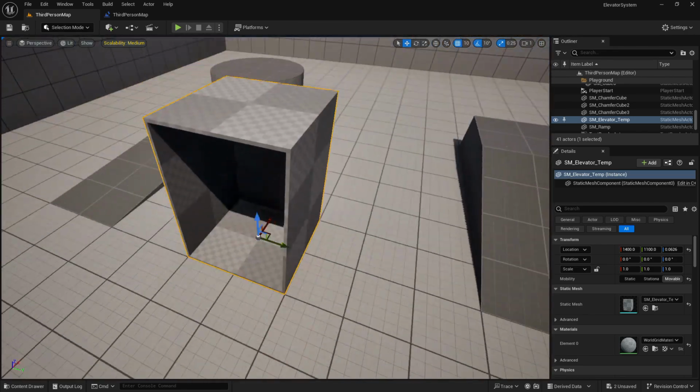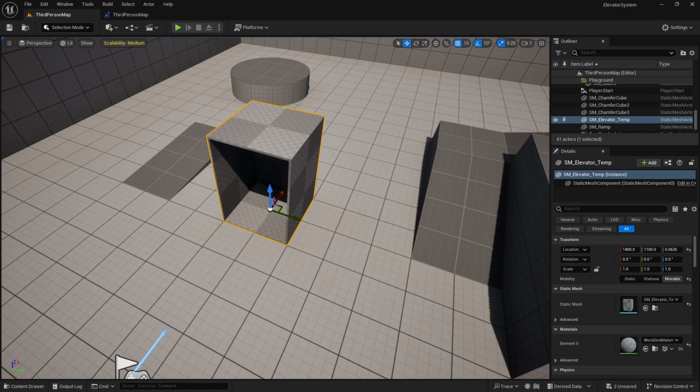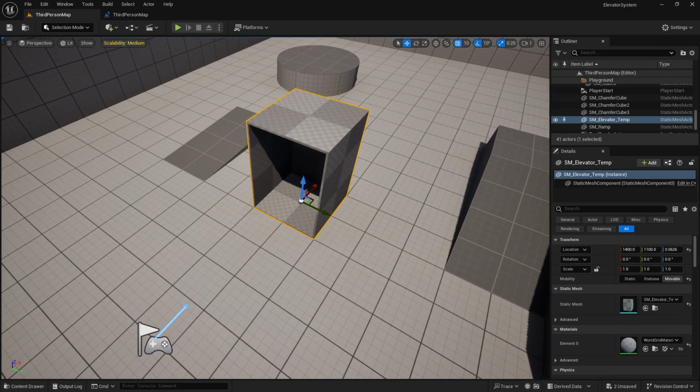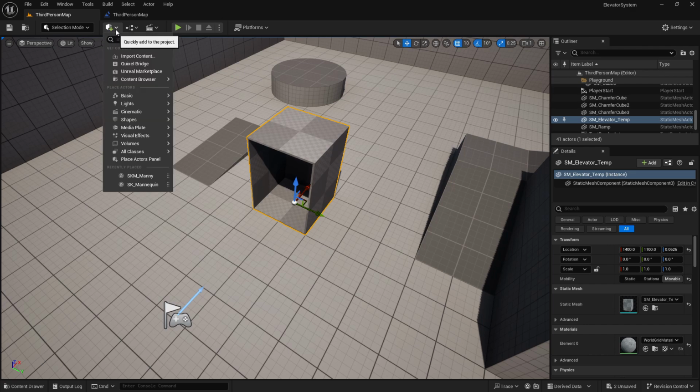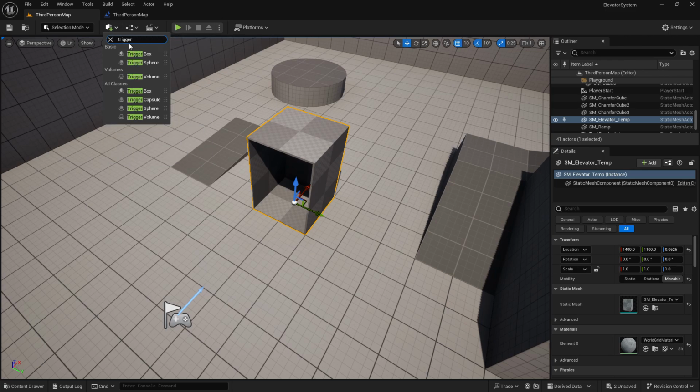Trigger box is a method of triggering something or identifying something from the level, or identifying some movement from the player. Now we are going to this plus icon and search for trigger box,